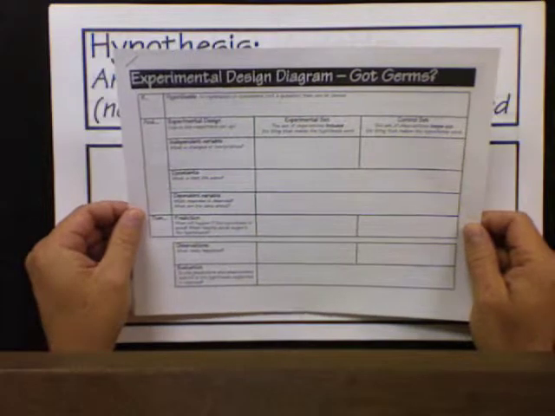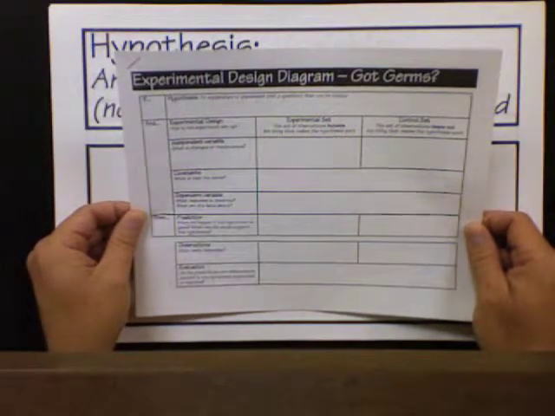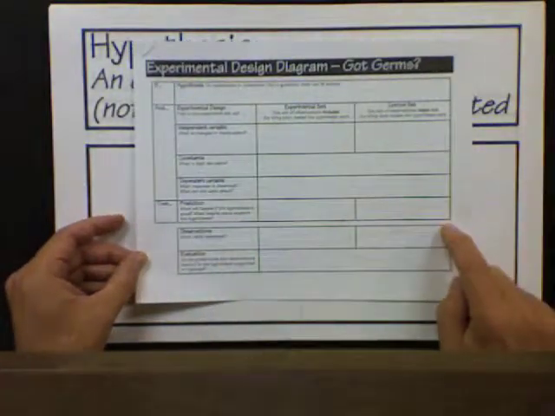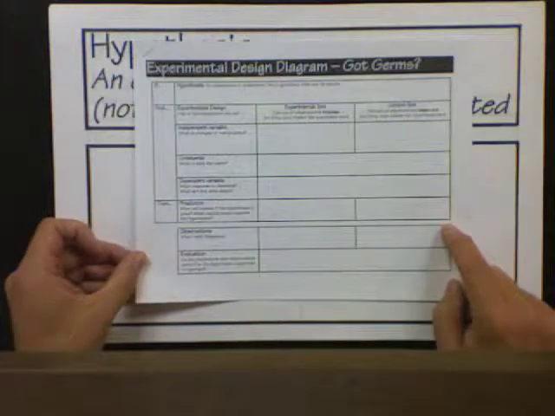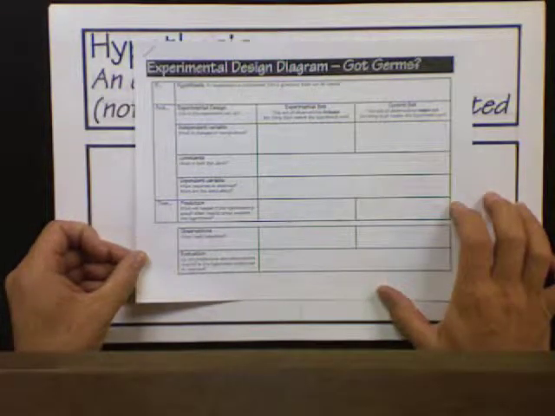Please make sure you have your copy of the assignment Experimental Design Diagram. What I'm going to do in this little demonstration is show you how to fill in something I call an experimental design diagram that's useful for looking at how the different parts of an experiment fit together. Now, some of the things that are on here will look familiar, and some of them might be some new